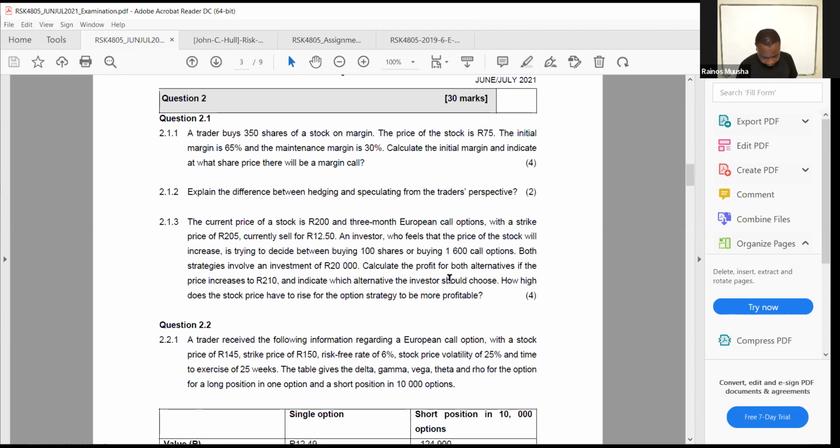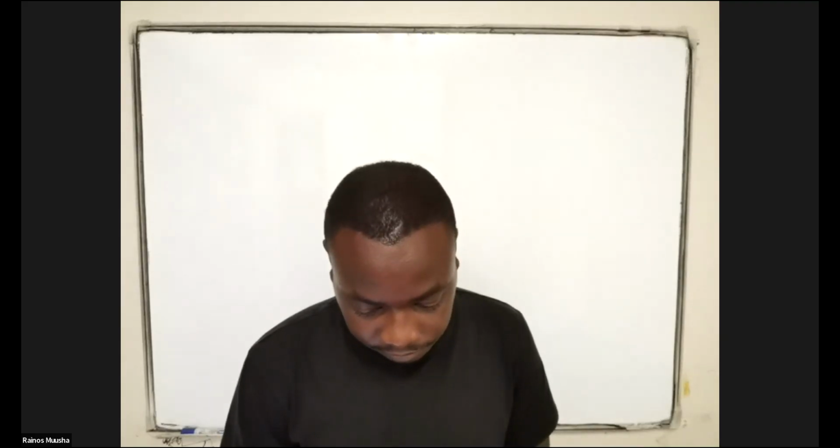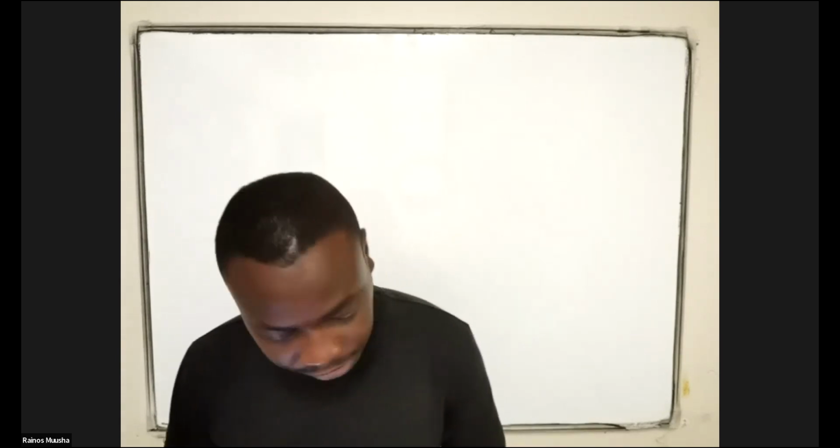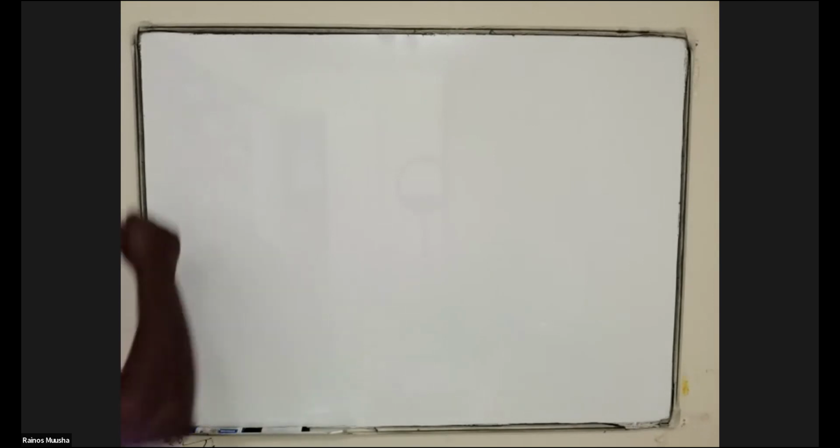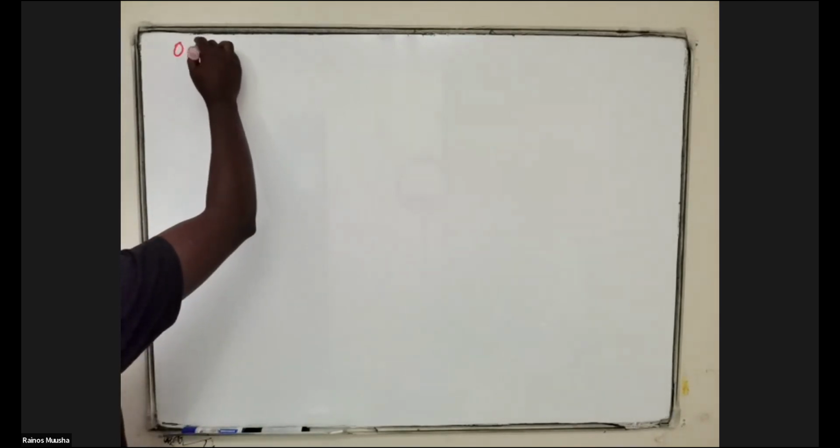So they say, calculate the profit for both alternatives if the price increases to 210. So that's the first part of the question. Then they say, indicate which alternative the investor should choose. Then they also say, how high does the stock price have to rise for the option strategy to be more profitable? So in this case, if the trader chooses the option strategy,